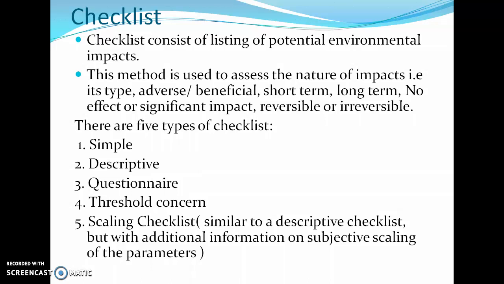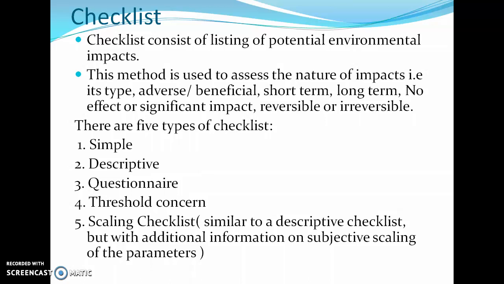So what will be the potential environmental impact of this particular activity is written in a descriptive manner. Third is questionnaire. Here various questions will be raised and answered by using yes, no, or any other. In this way there would be a questionnaire of various environmental impacts.